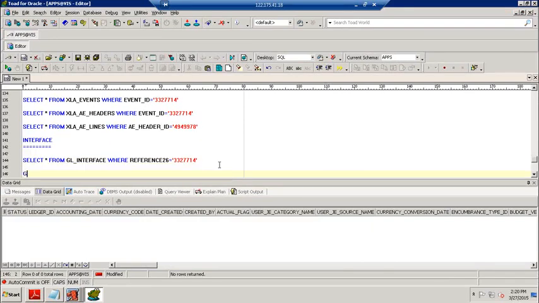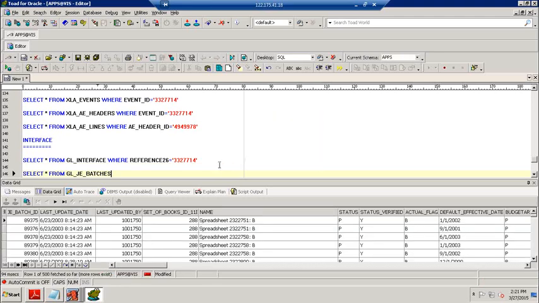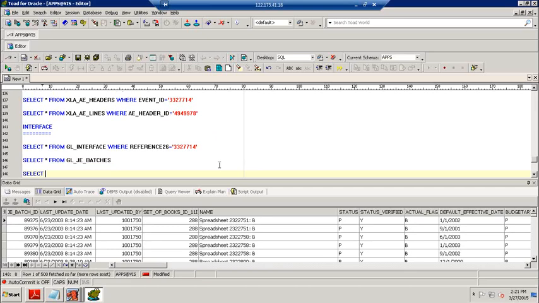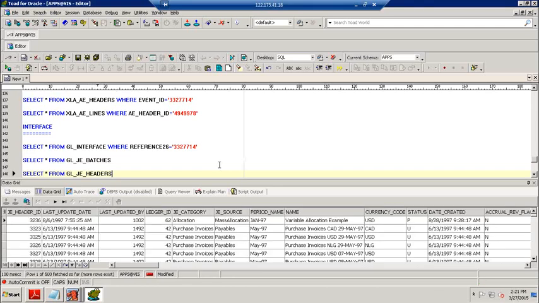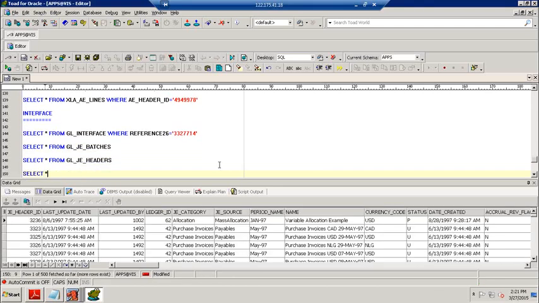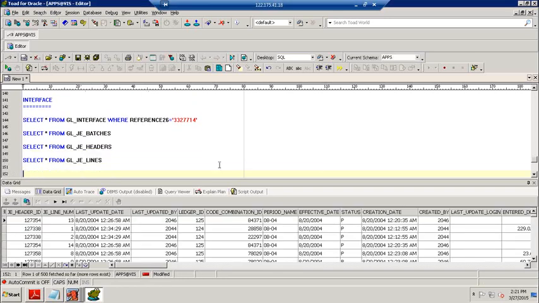And next, the GL base tables. What are the GL base tables? GLJE batches, GLJE headers and GLJE lines. Next, we can post the journal.